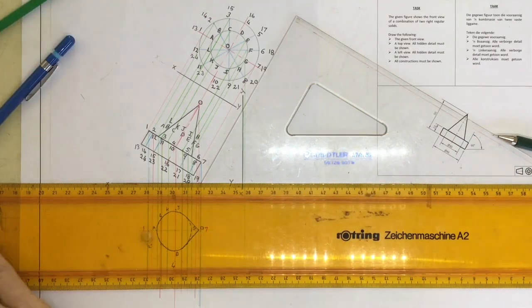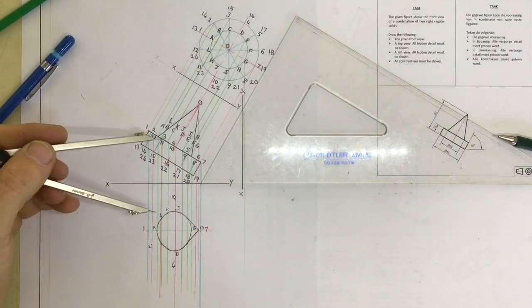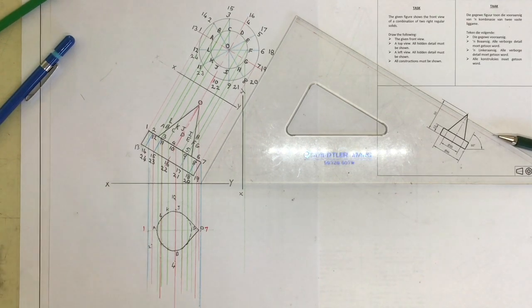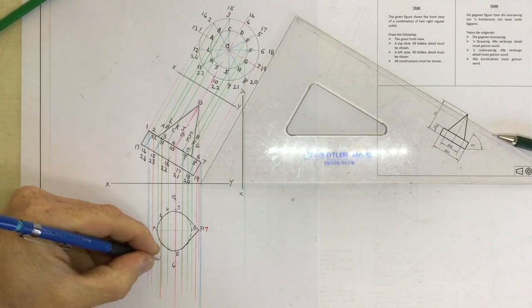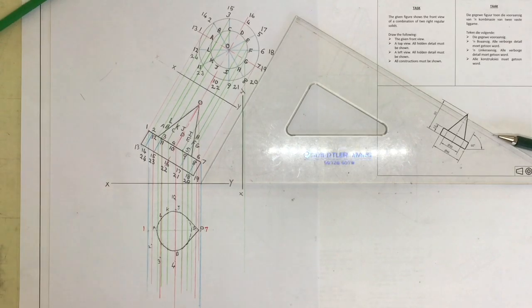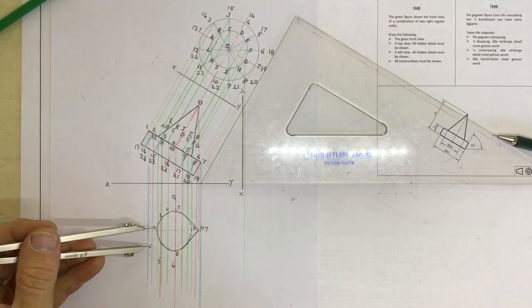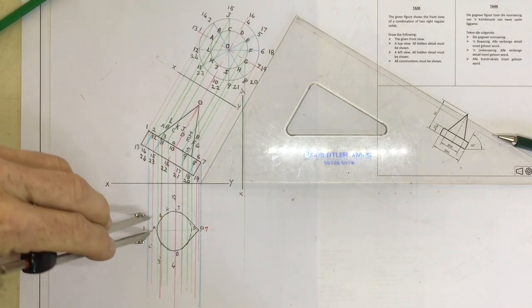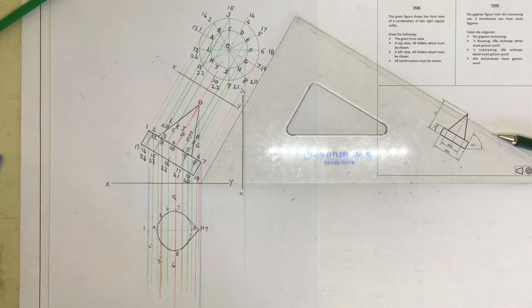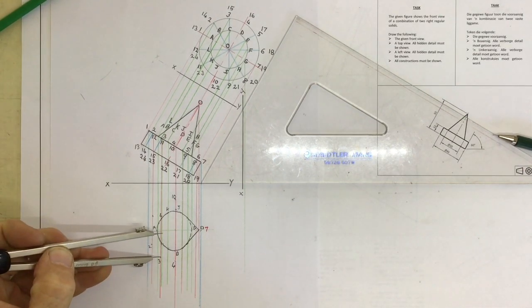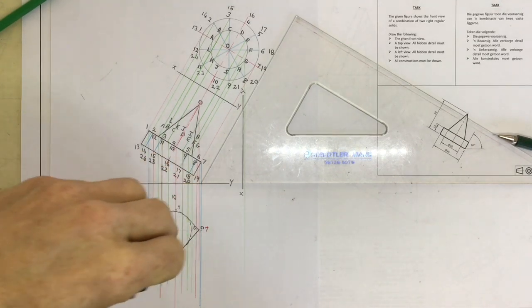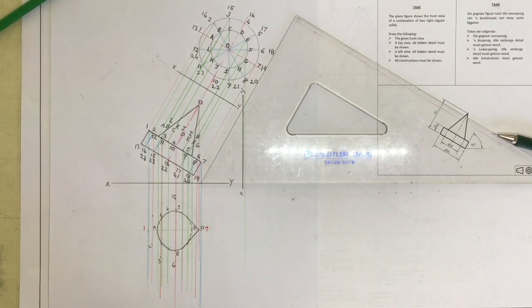Get that absolutely precise. Find 3 over here, drop it down into the drawing, mark off point 3. Okay. And from there, I can then do the same story again. I'm going to take that measurement from 2 to the axis, swing it round, and I end up with a mark on the other side. Point 3 to that axis over there, swing that round, mark that off, and I've got